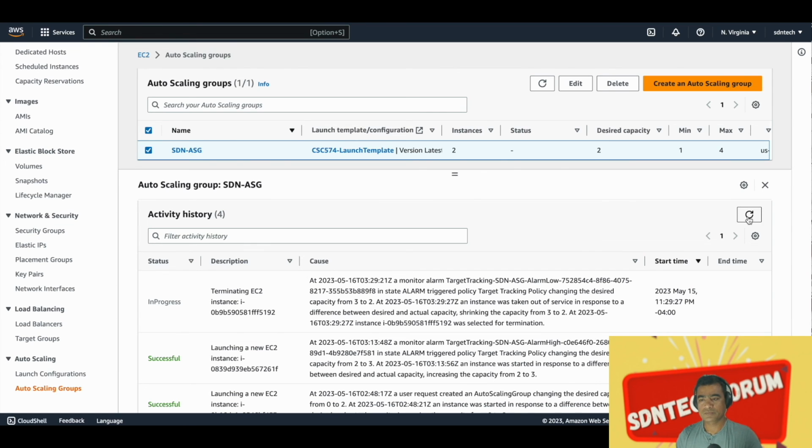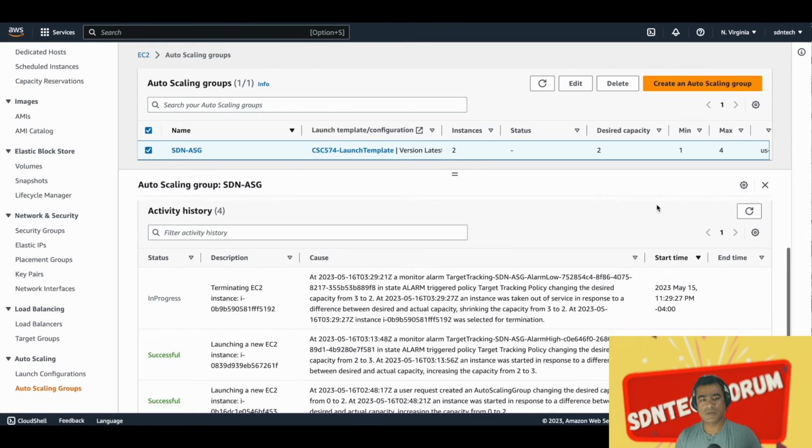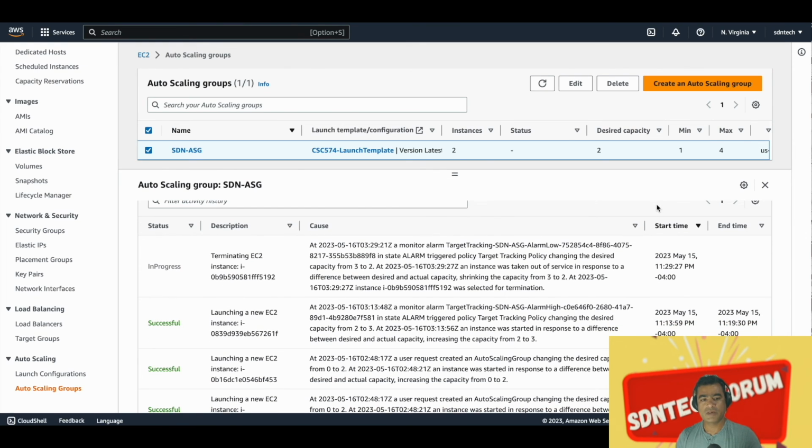Perfect. Within 5 minutes of inactivity, as you can see, we are terminating EC2 instance 192. So it looks like we are terminating the oldest instance, and that is the default. So let's look at the cause. A monitor alarm, target tracking,